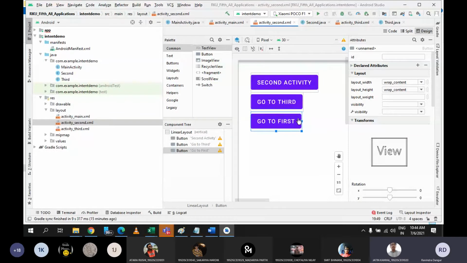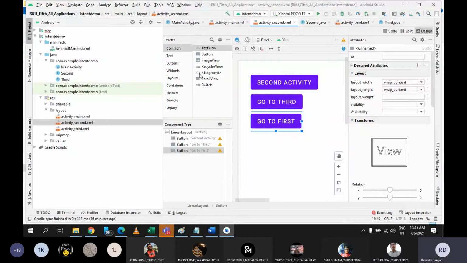No, see, you cannot do that because for each activity, whatever components you have placed, you will have to refer the unique ID. Otherwise, the studio will get confusion that you are talking about which button. From third activity, you cannot use the button which is placed in the first activity. That is what you cannot do. In that case, you need to switch from third to first. That you can do.